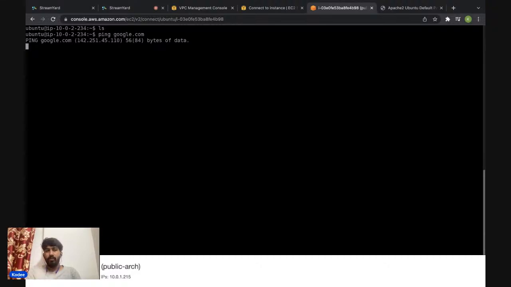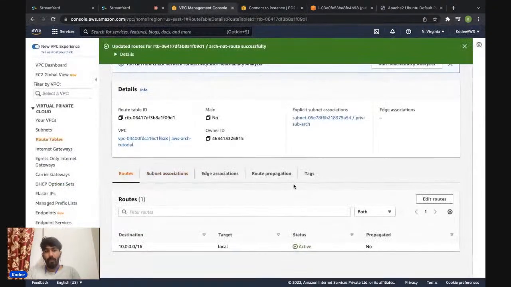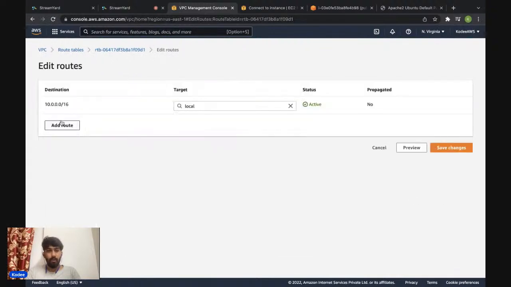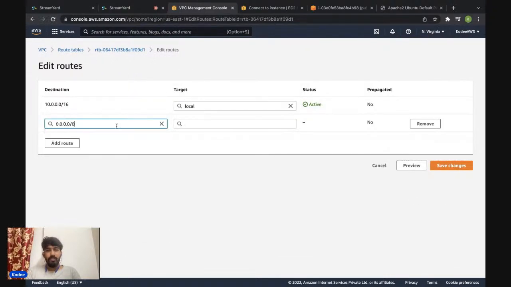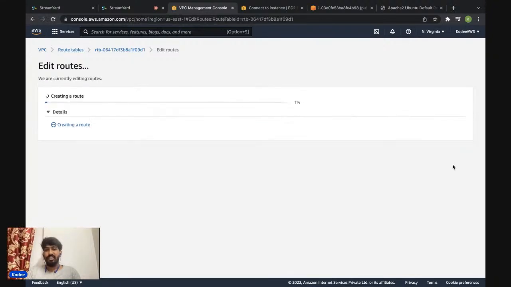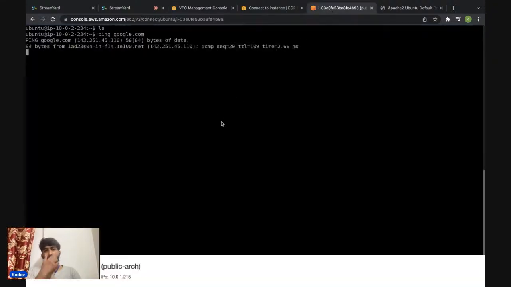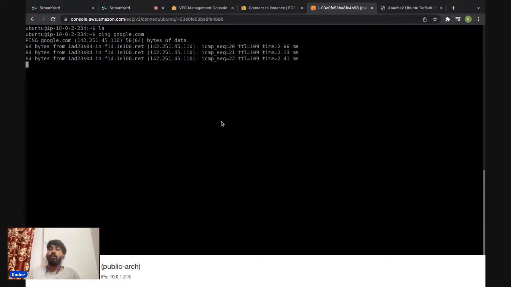So it shouldn't work. So you can see, right, it's not able to access the internet. So let me do one quick thing. Let me go back here, go to edit routes, change this and connect it to the NAT gateway and save changes. So now let me go back here, and now you can see it's able to access the